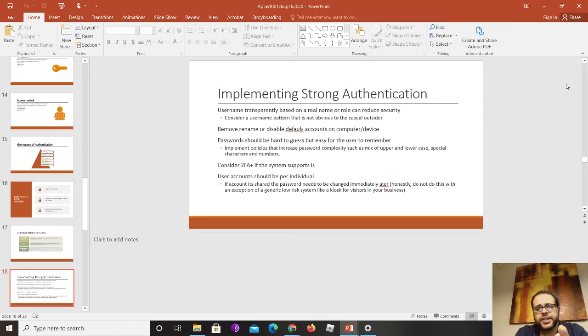But as far as real scenarios here, I know the book mentions real name, but a lot of the times you're going to be assigned a standard user account with the first letter of your first name and your last name. It's a very common practice, and this is because of organization emails, to keep accounts easy and stuff like that. But I'm going to advocate that it is fine if it is a standard user account. However, if it is an administrative account, you do not want to follow those practices. You want to make sure that it's not an account that people can just guess what that account is doing.